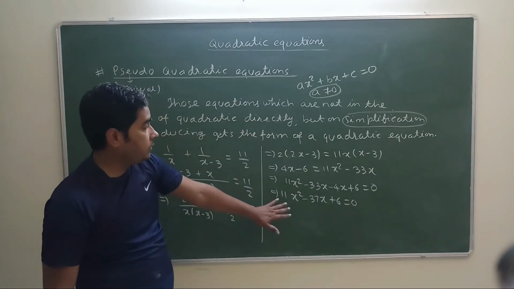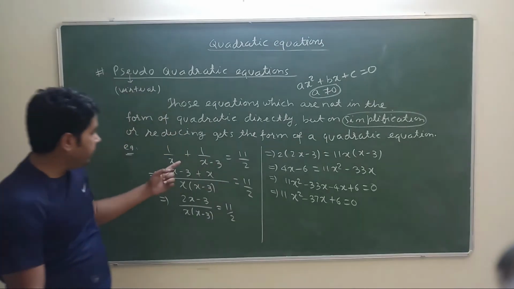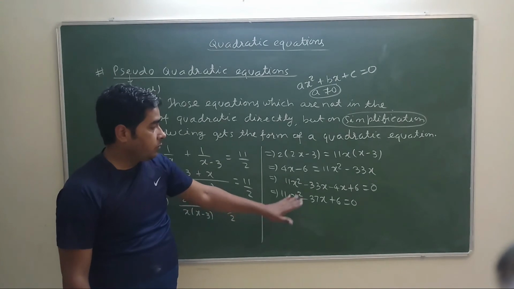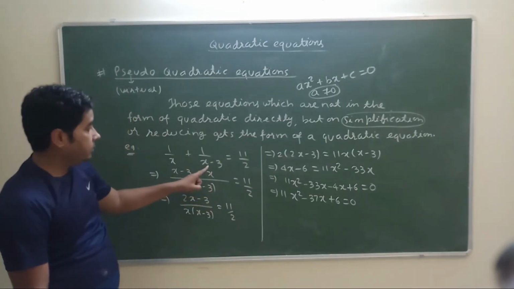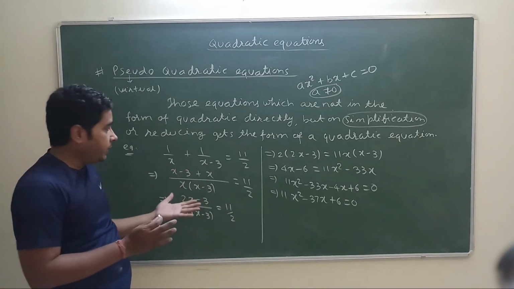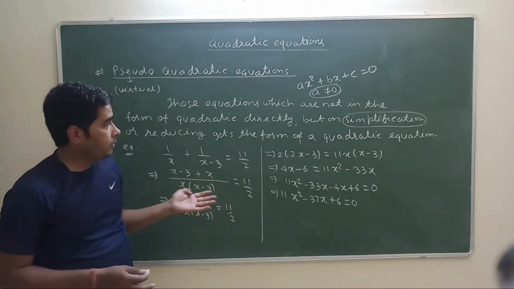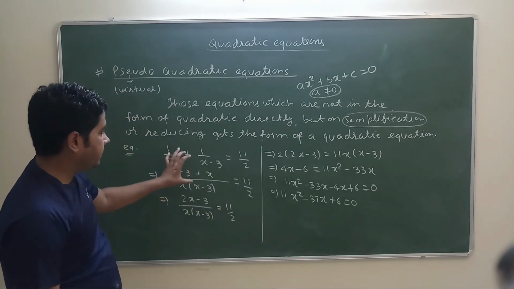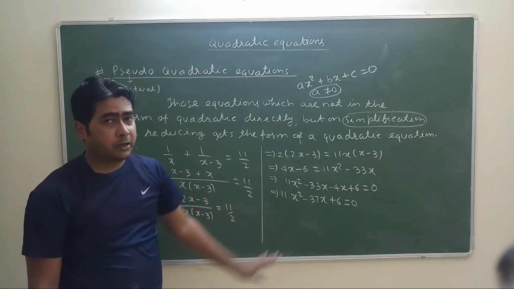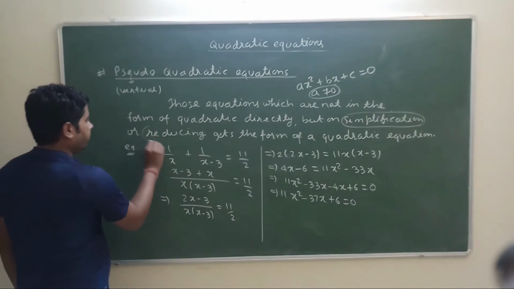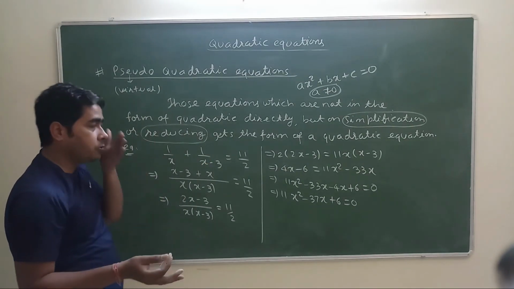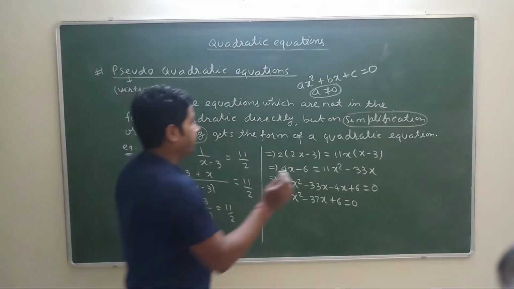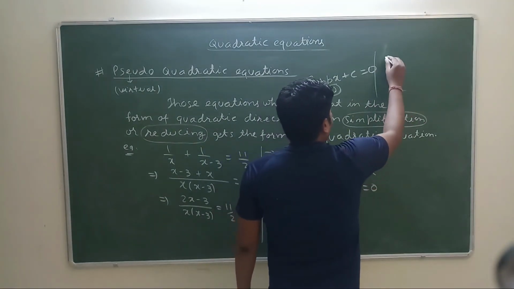So now you can see it is in the form of a quadratic. Originally it was not in the form of quadratic, but now I have simplified this to get the quadratic form. Therefore, it is a quadratic equation, and strictly speaking, this is a pseudo quadratic equation. So I have explained this, in which I have simplified the equation to a quadratic form. Now there are also some equations which are not in the form of quadratic, but we can reduce them to the form of a quadratic. Let me take an example.